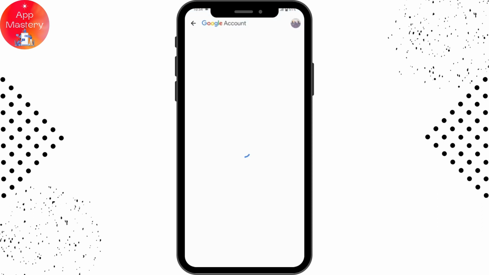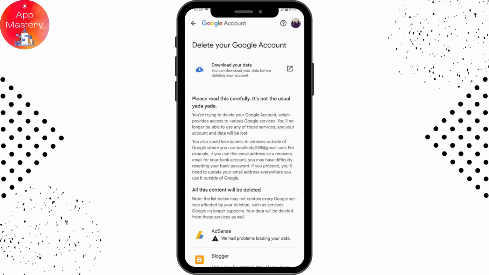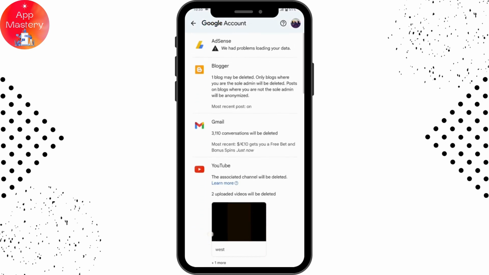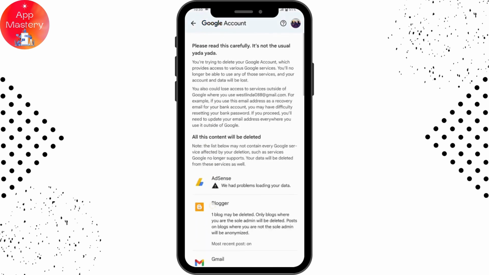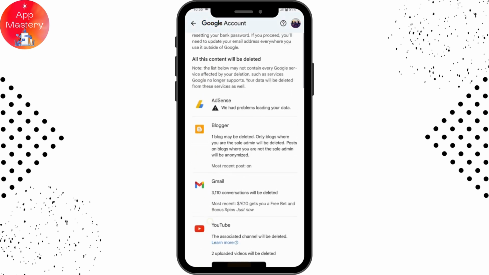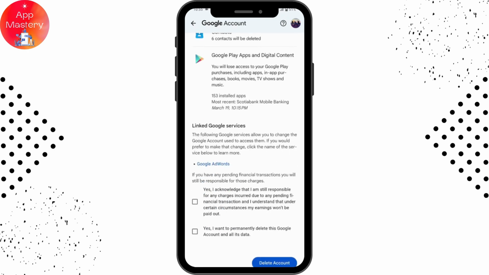Tap on Delete your Google account and enter the verification, and once you've done that you can scroll down, and here it says that if you delete your Google account then all this content will be deleted. So the content that you have searched or saved or done anything, it will all be deleted. So if you want to delete that, then tap on these little boxes which is on the bottom left,